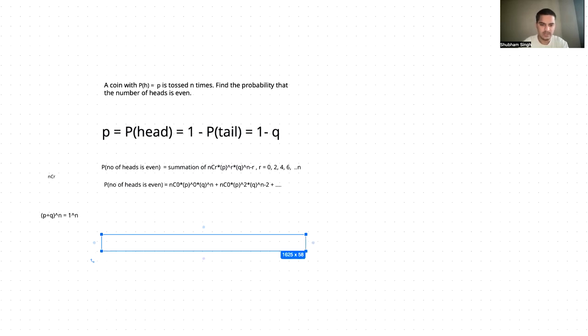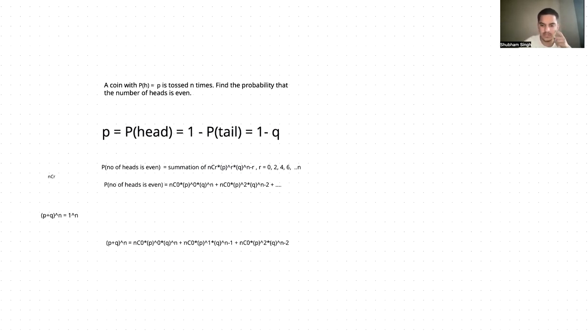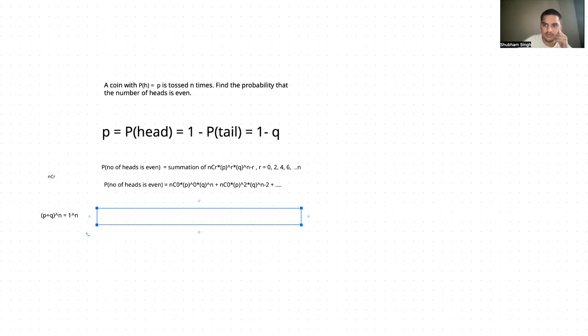I hope this is clear to you. If it's not, let me know in the comments and I'll be happy to explain further. So yeah, we have the probability of n coin tosses as this,